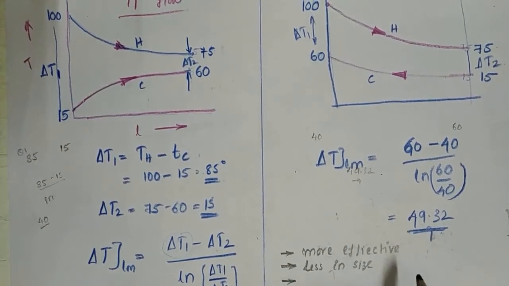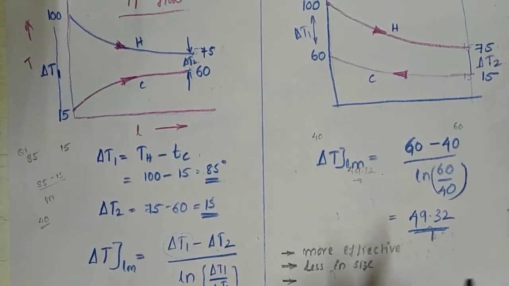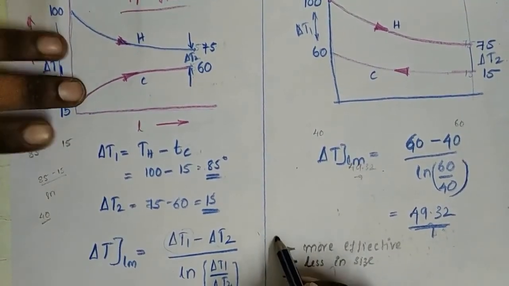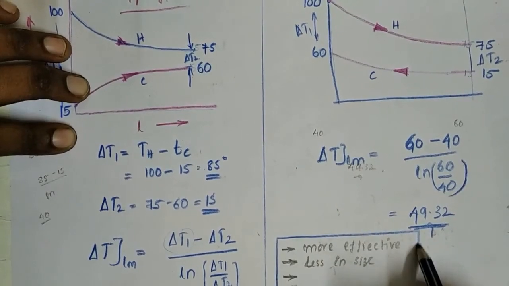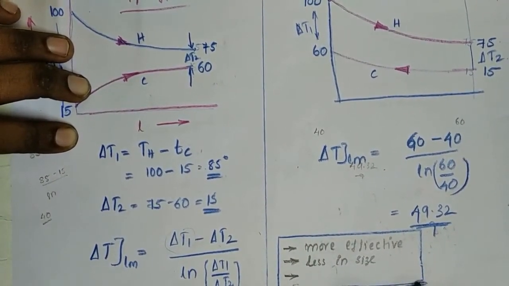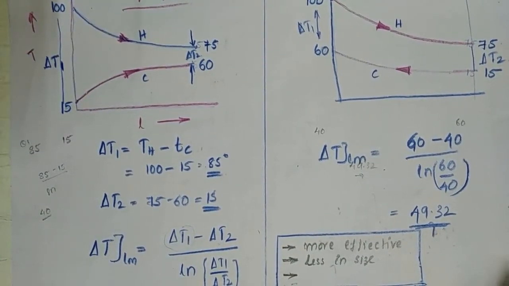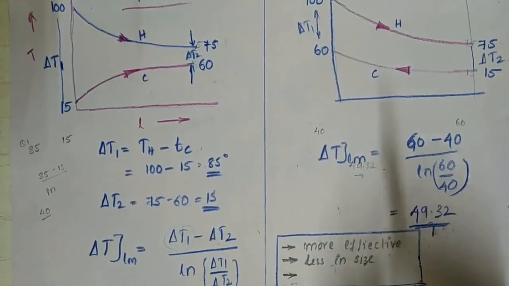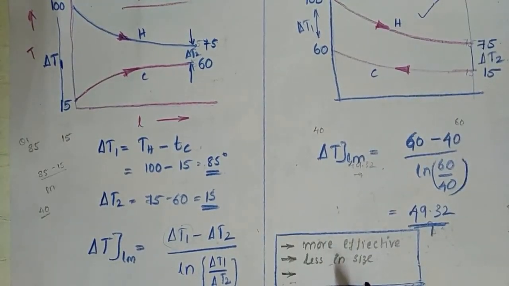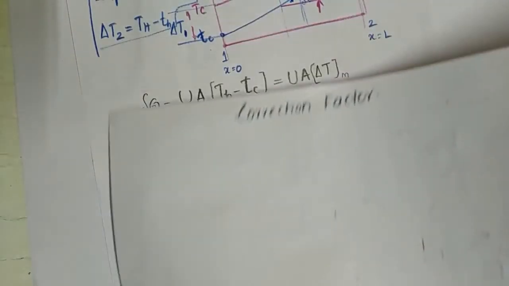Hence the counterflow heat exchanger is more recommendable while designing a heat exchanger. In all practical applications, we go for the counterflow heat exchanger because it has higher effectiveness and heat transfer rate. Now we are going